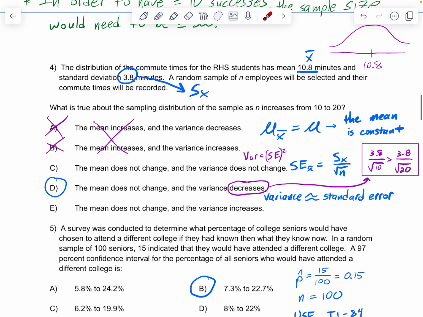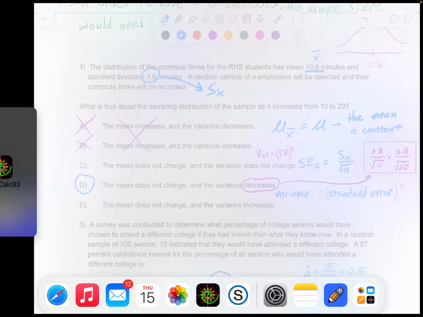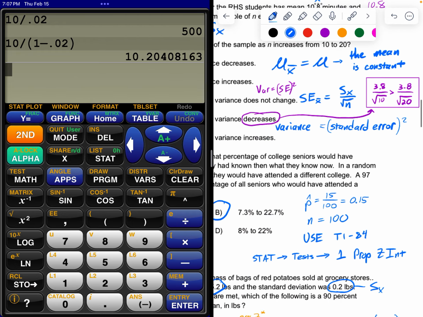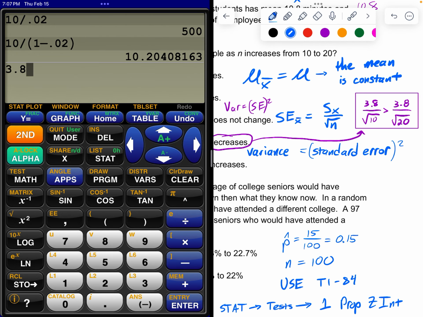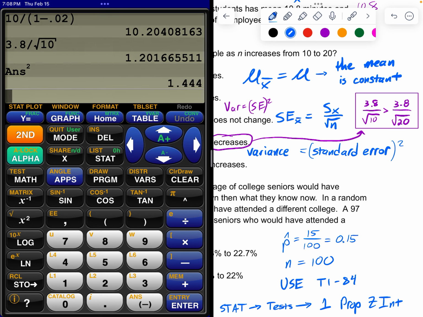So what are, this might be a little misleading. Variance is the standard error squared. So let me just compare them. Does it not change? Does it decrease? Does it increase? Okay, so I'm looking at this. So we've got 3.8 divided by the square root of 10. That's the standard error of a sample size of 10. If you square that, that would be the variance. If you do it with a sample size of 20,